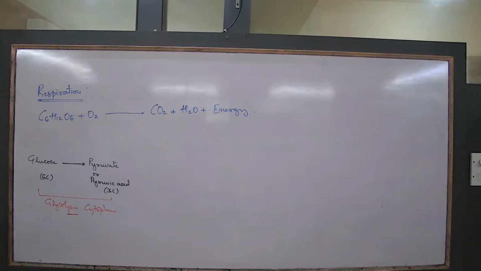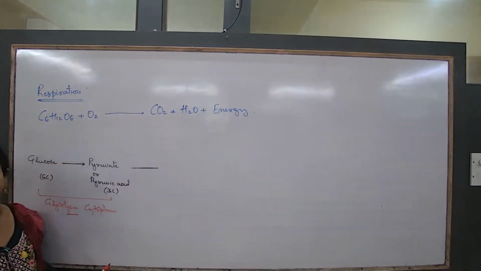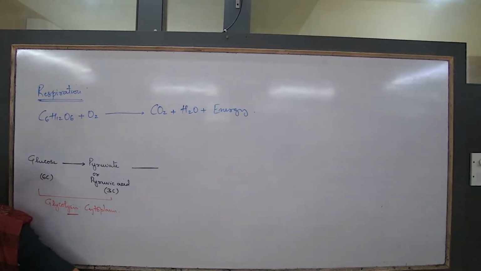But now, when I say that this process takes place in all organisms, what about the fate of pyruvic acid? First of all, the 6-carbon compound has broken down to 3. So one glucose molecule will always break down to 2 molecules of pyruvic acid. That is easily understood. This is a 6-carbon sugar, and I am saying that this is a 3-carbon sugar, so definitely 2 molecules. But now, next part is what will happen to this pyruvate? Will it break down the same way in all organisms? No. Based on which cell is having what feature, the product of pyruvate breakdown will differ.